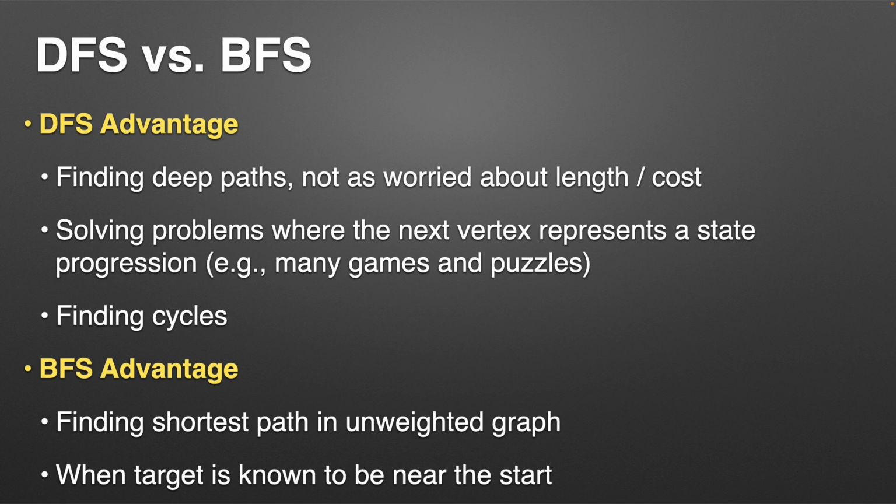So breadth first search is obviously a huge advantage if you're worried about the number of steps to get somewhere; you'll find the shortest this way. It won't work for a weighted graph, but in a lot of cases, having a minimal number of steps is what you want. And if you know that your target is very near your origin, then you'll probably get a better runtime on average. Although remember, in the worst case, it's the same.